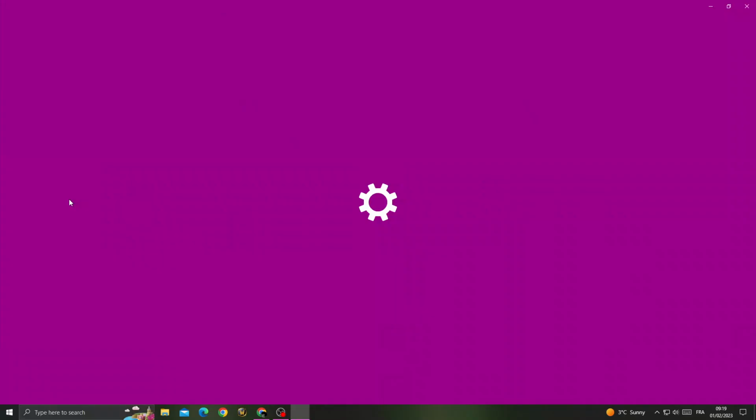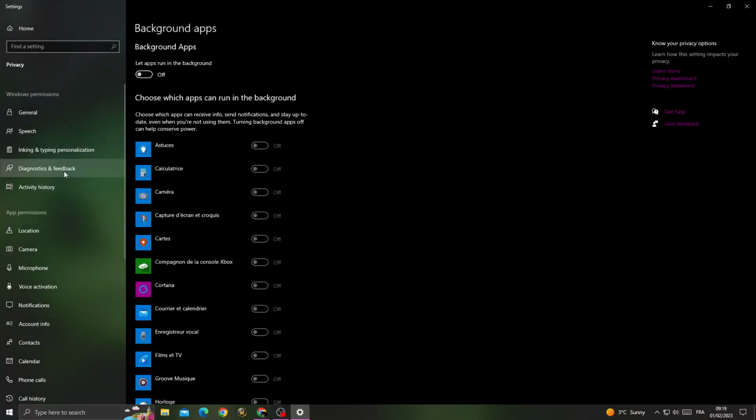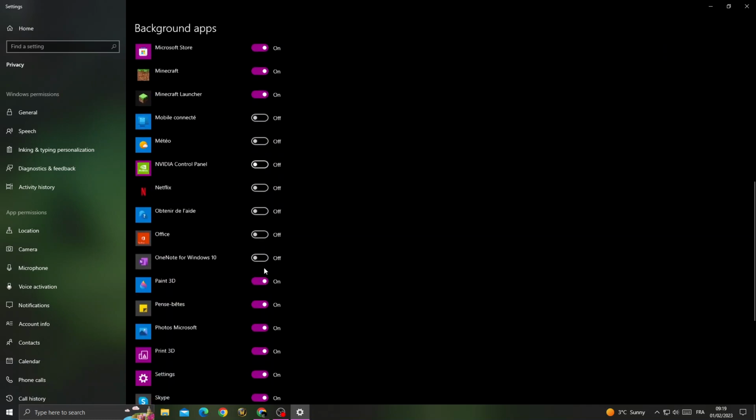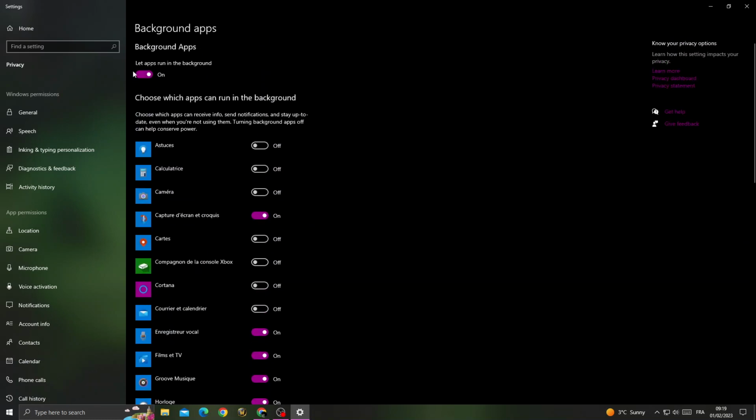Click on it, and once you're here, just make sure to disable it. You will find it like that. Now disable all those applications just by turning off the first option. And now once you're here, type